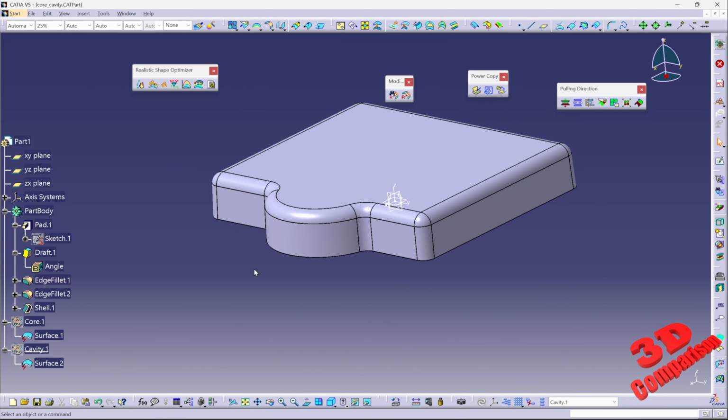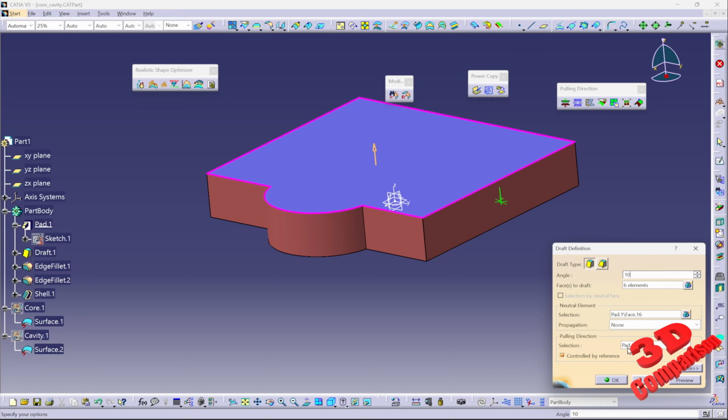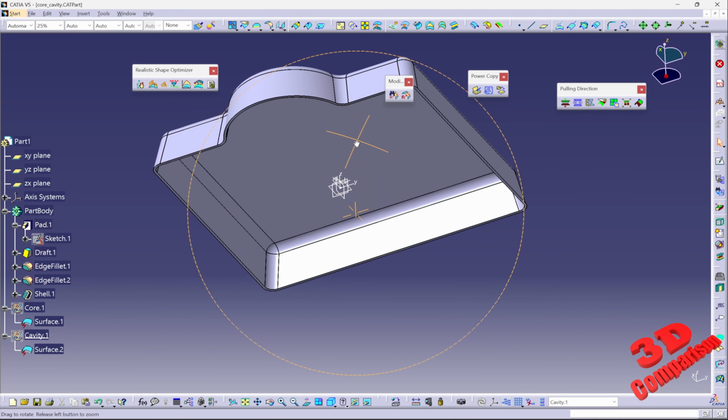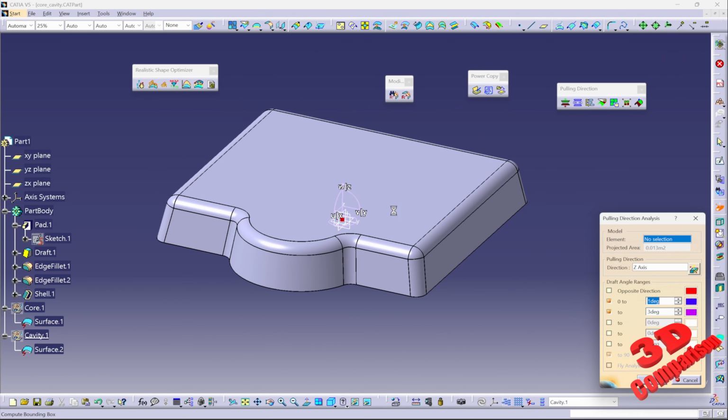And if I change the draft angle over here, this is set to 2 degrees. I'm going to change this to 10. And we're going to see that the output will look like this. In this case, the same analysis. If I click over here and increase the last one to be up to 10 degrees, this will still remain okay. So it's really important that we have that set like this. So as you can see, the pulling direction analysis will be a really good tool in order to easily